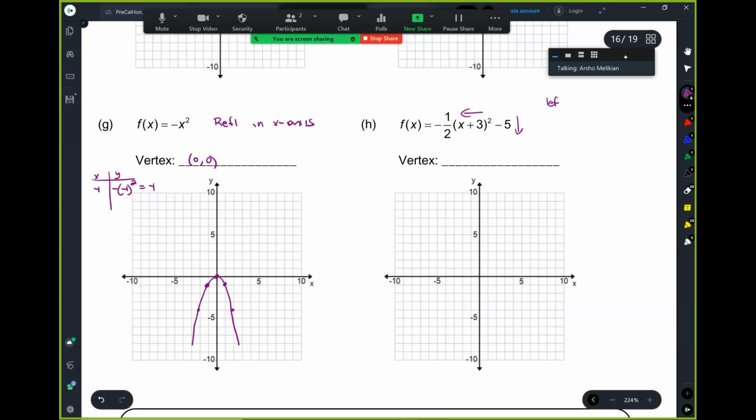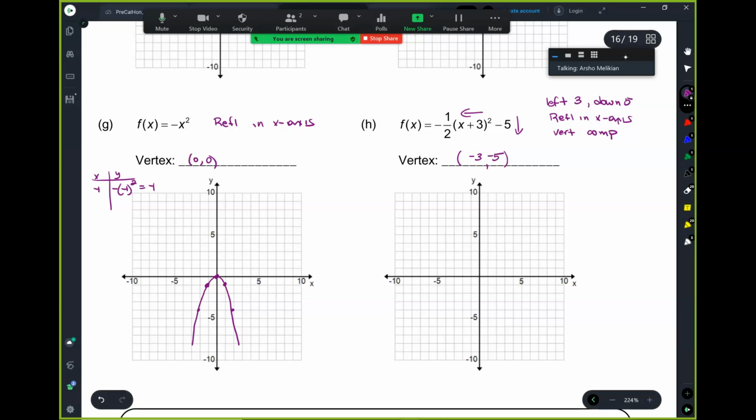So if I were to ask you to describe the transformations, you would say left 3 units, down 5, reflection in the x-axis, don't just say reflection please, and a vertical compression. Okay, so what's the vertex then? -3